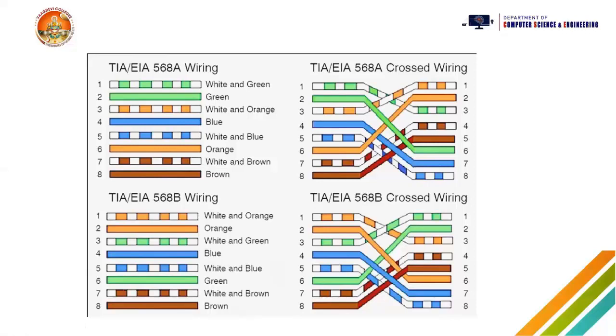And this is the cross wiring, where we can see the first wire is going into the third groove, and the second wire is going into the sixth groove, and so on. Here, this is the top side and this is the bottom side. So if on the top side a wire goes in the first groove, the same wire on the bottom side will go in the third groove.